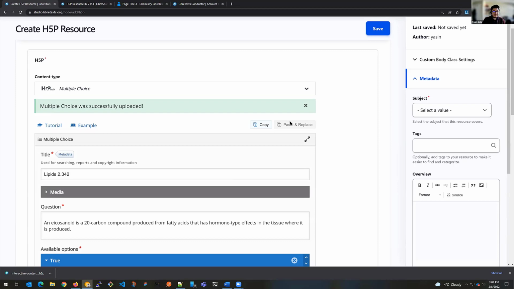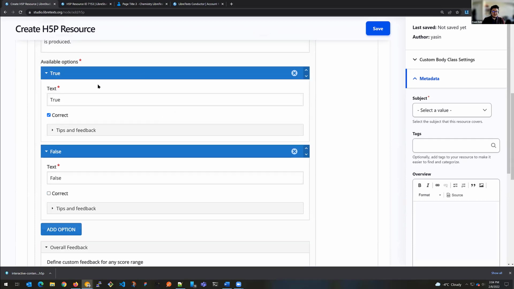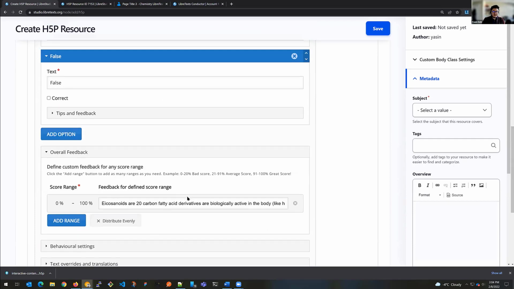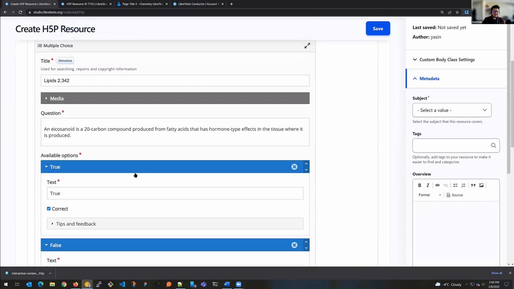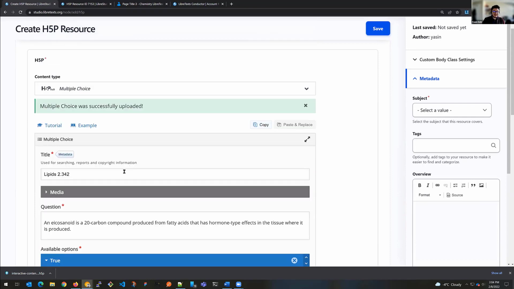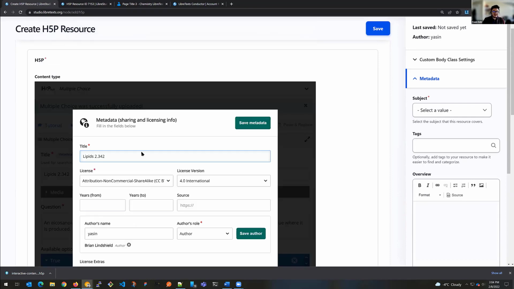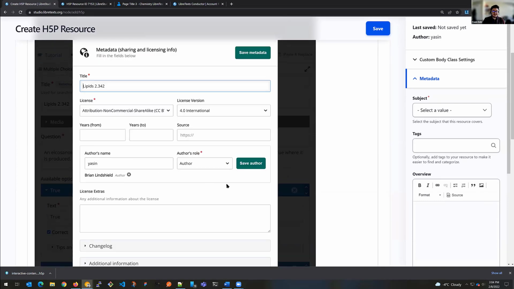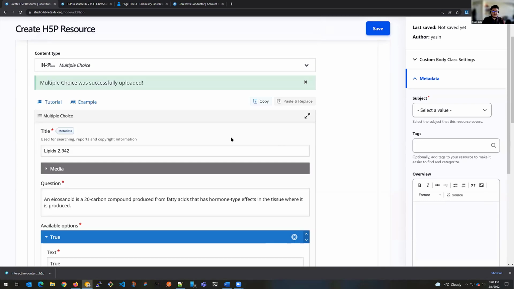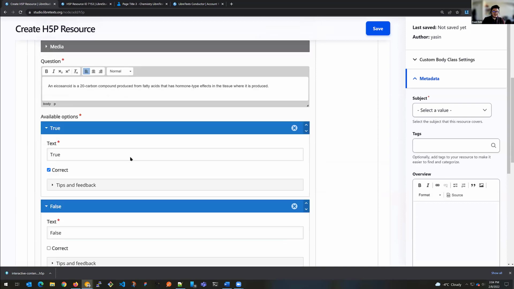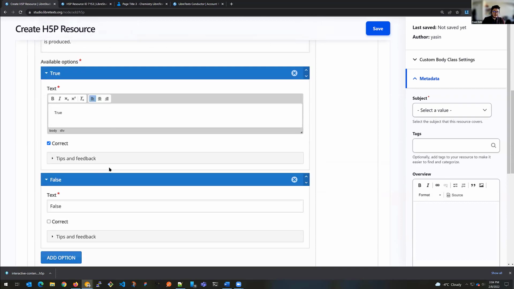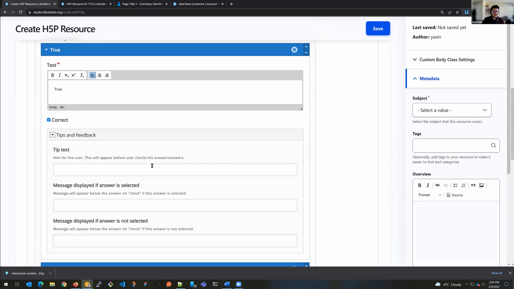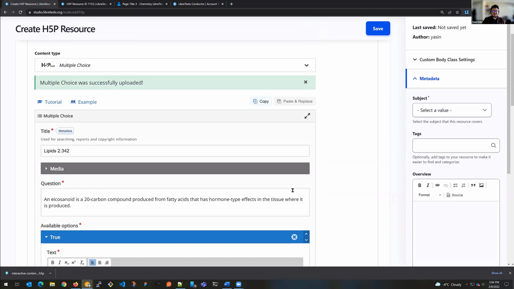And so what I've done is I've uploaded that H5P. I now have access to all the questions, and I can essentially start to remix this content in a way that makes sense to myself. You notice that all the metadata information comes through as well, the author's name, the licensing, so I don't need to worry about any of that. I also have access to the question itself, the answers, and any feedback information